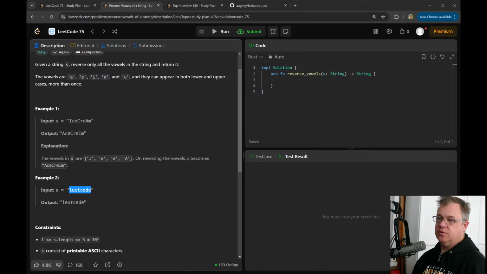Nope. Forward string map c, and we're going to do two things. If is_vowel c, then we want the other one.